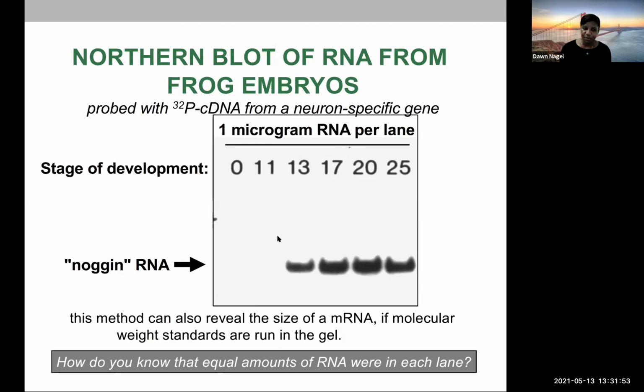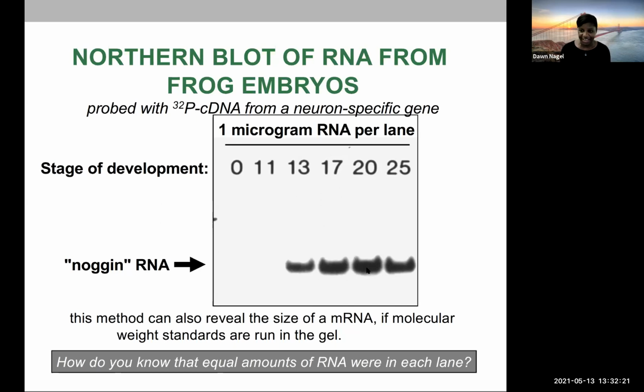When you do these experiments, you need to have a control, right? Because you need to be able to determine how you know that you didn't, by some chance, add more RNA in this well. We're all using pipettes, pipetting samples into a well. And that's maybe why this band is a little bit bigger and a little bit brighter. So you need to have a control for your loading,